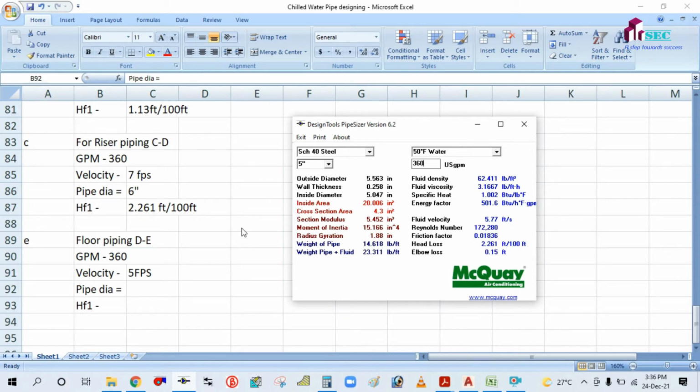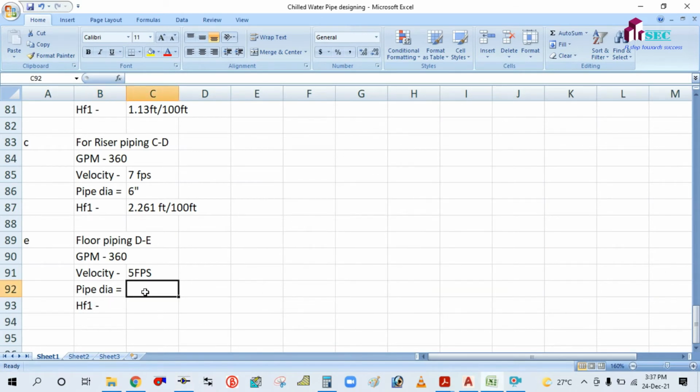$360. Even you can see 360, this head loss is 2.261 and velocity you can see here 5.7 feet per 100 feet. So 5 fps, velocity also in the range, and head loss is... 5 inch is not available, so you go for the higher, so 6 inch. Pipe size is 6 inch